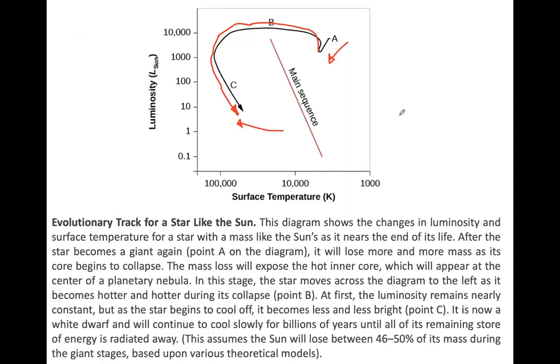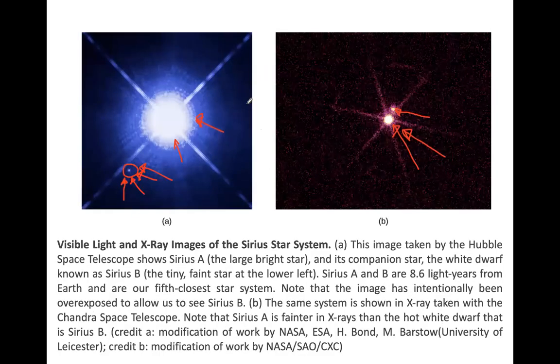Now you can nicely relate all this information to this diagram. When it becomes a white dwarf, right here, its temperature is higher because the star has gone from this region towards the left region. Now it has increased its temperature, which means the star should be more clear in X-ray images, right? Now that's what has happened right here.